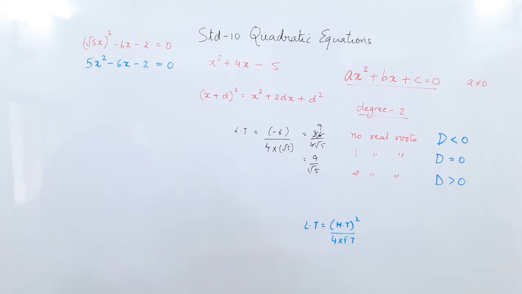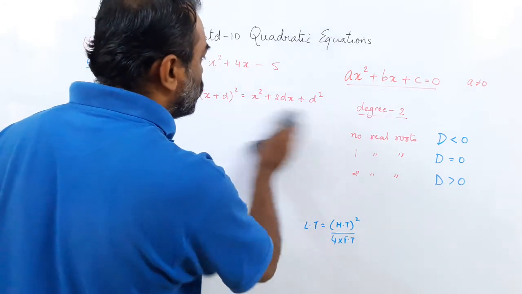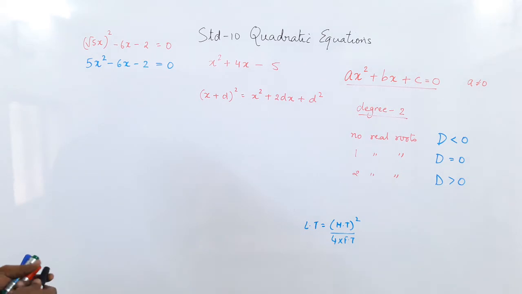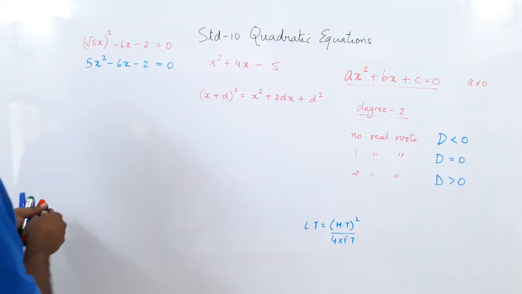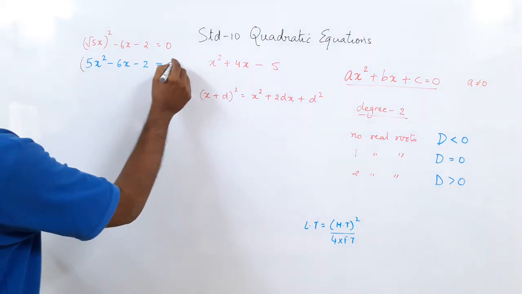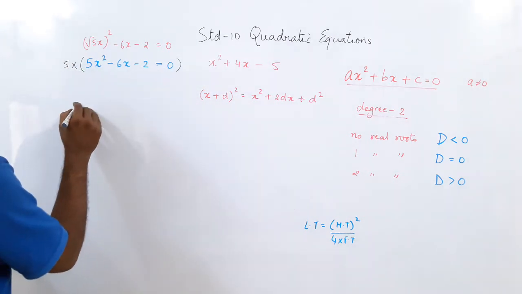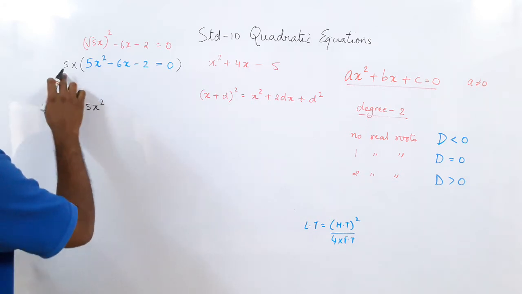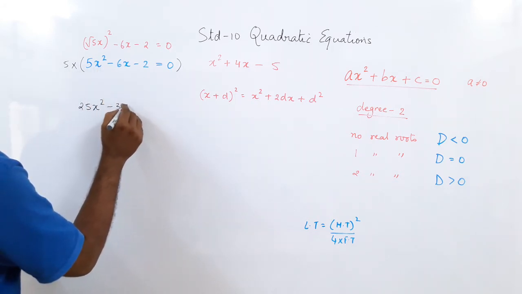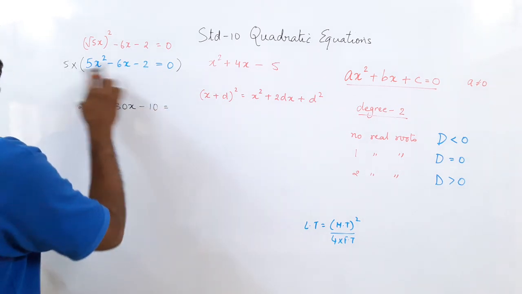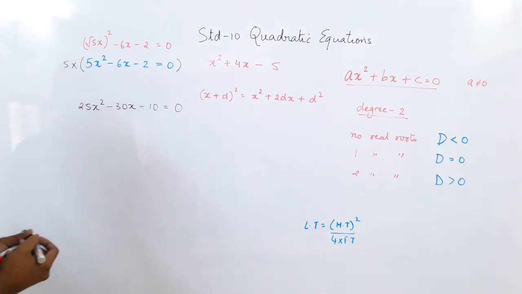Now this is making the sum complex. So we are not going to use this method. We can use this method but we will not do it because it makes it complex. We will do an easier method. To make this a perfect square, I will multiply it with 5. So if you multiply this, what do you get? 25x square, 5 6s are 30, minus 30x, 5 2s are 10, minus 10 equal to 5 into 0, which is still 0.